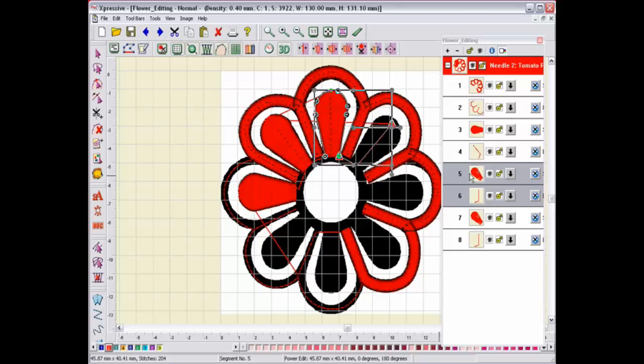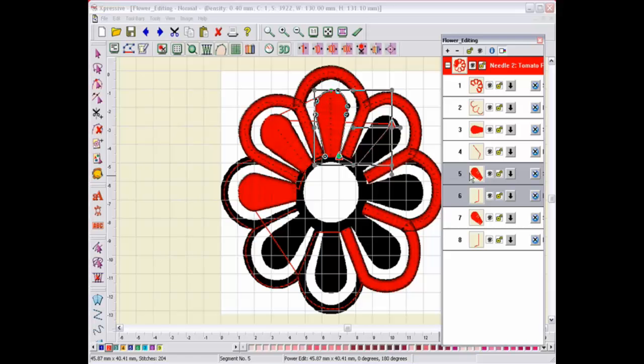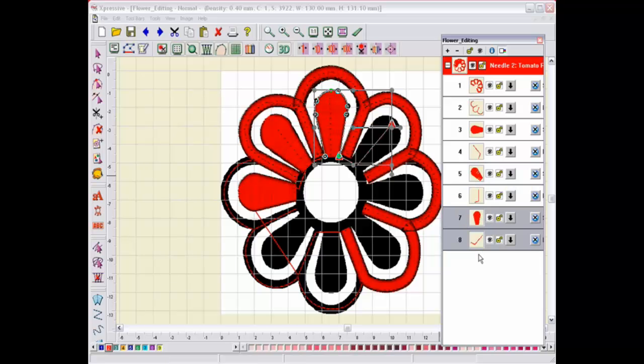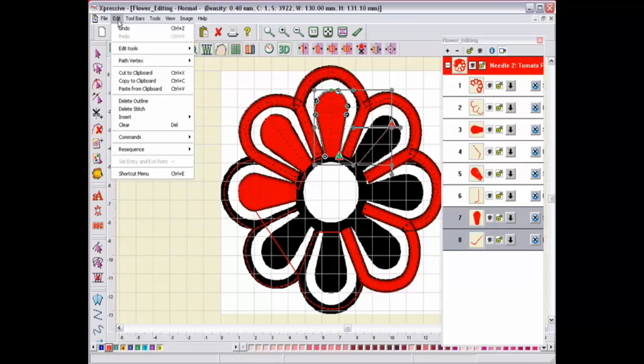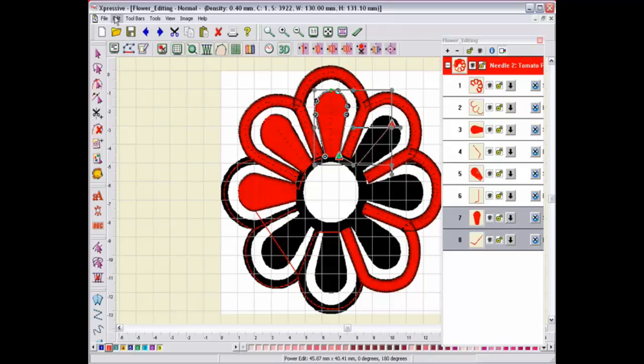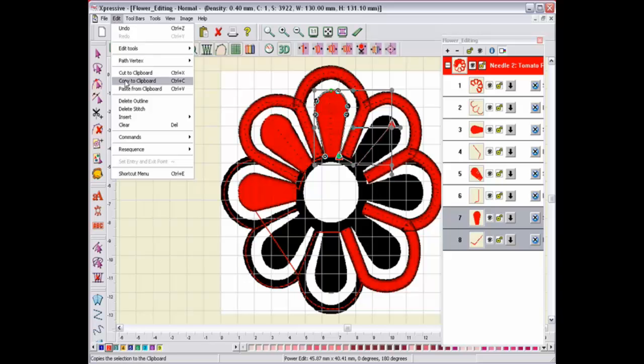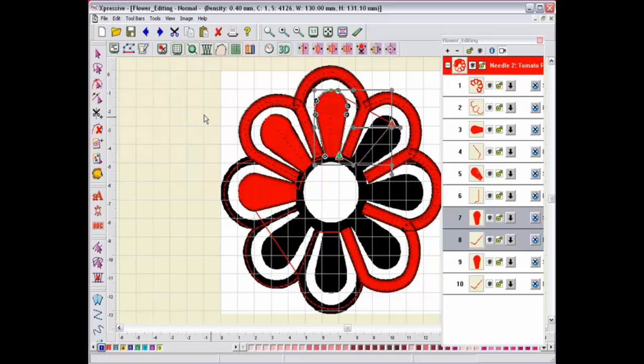Look at the Stitch Sequence Viewer. The two selected sections are not in the proper stitching order. They are still selected because they're highlighted gray. Press and hold your left mouse button over one of the selected items and drag them both to the bottom of the stitching order. You can repeat the copy and paste from clipboard options as often as you like, and